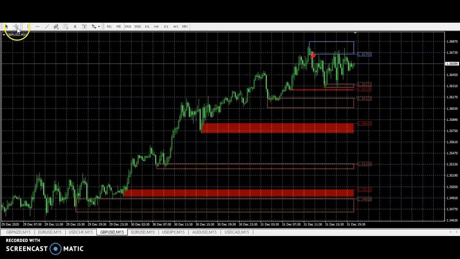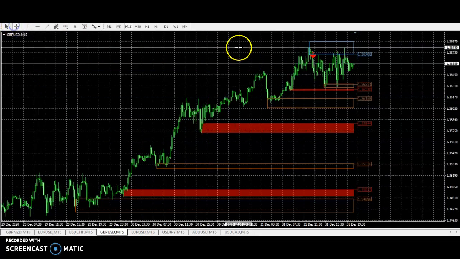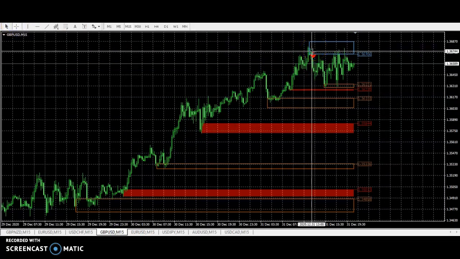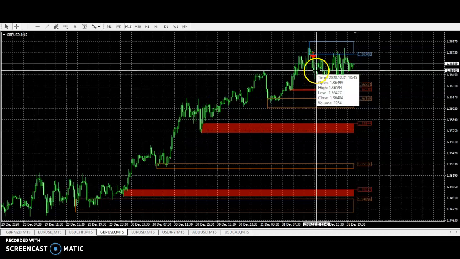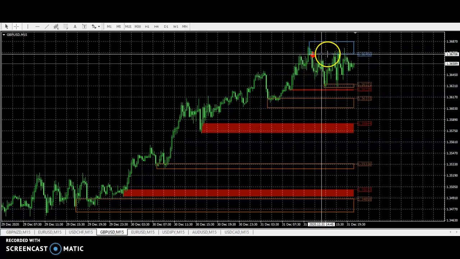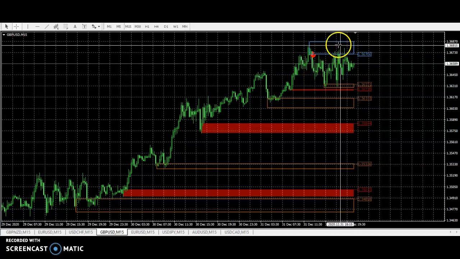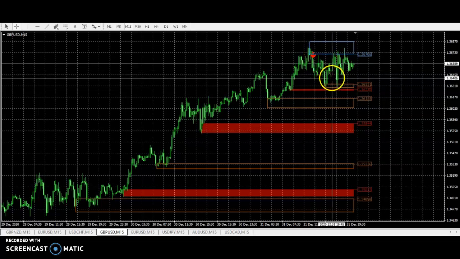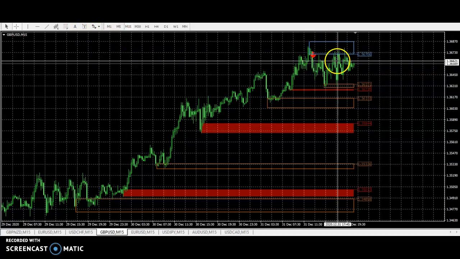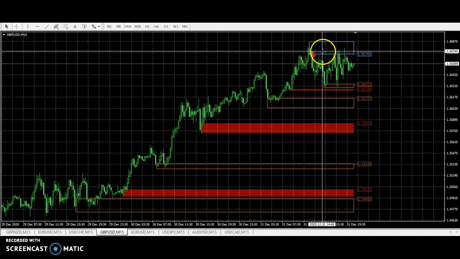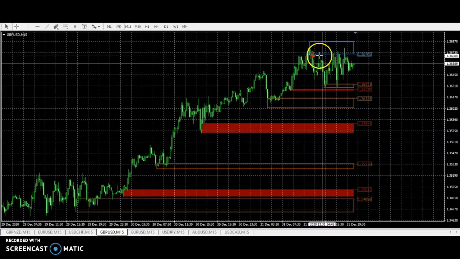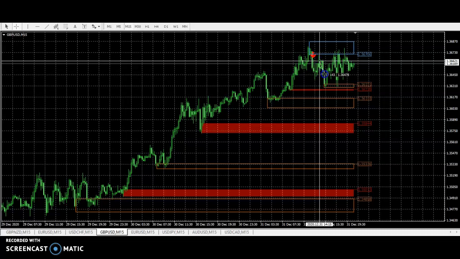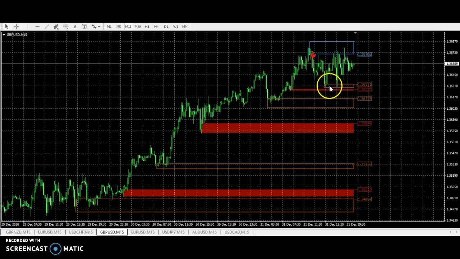See, GBP USD. See here, the arrow has come, we will wait. It has given a pullback and support. The reason why I am using support and resistance is that it helps me understand the trend. You see, it has gone up, hit the resistance and again came down. So 26 pips, you're getting my point? 26, again the support is there, so you will close it over here. Okay.